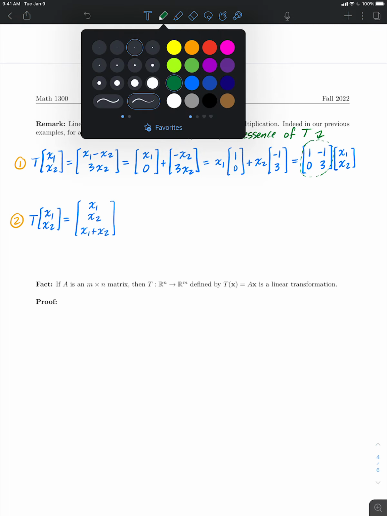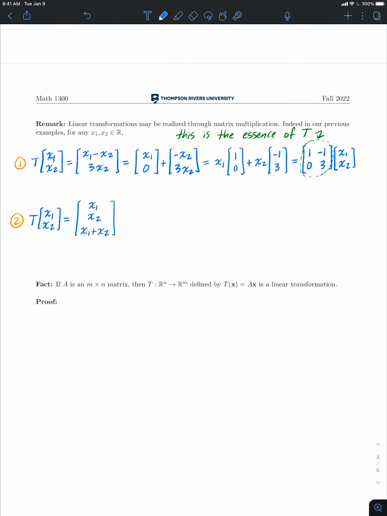Okay, and there's a more efficient way to find this matrix, but for now I just want to convince you that this works, and I don't want to develop that much machinery to do it. But you can follow the same approach with this example. I can write this as x1, 0, x1 plus 0, x2, x2. And then I can pull out my parameters, and I get x1 times 1, 0, 1 plus x2 times 0, 1, 1, and I can write that as the matrix product of this 3 by 2 matrix